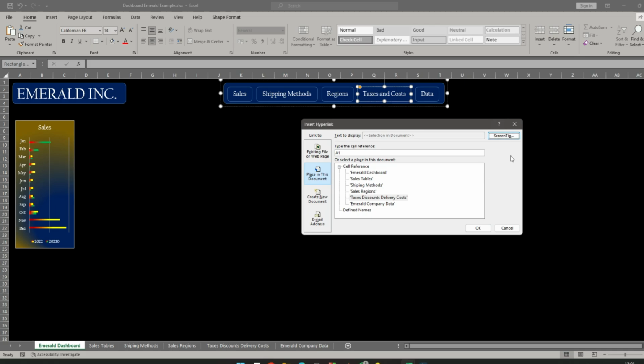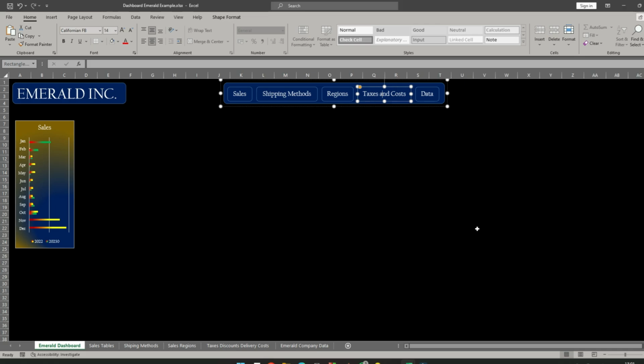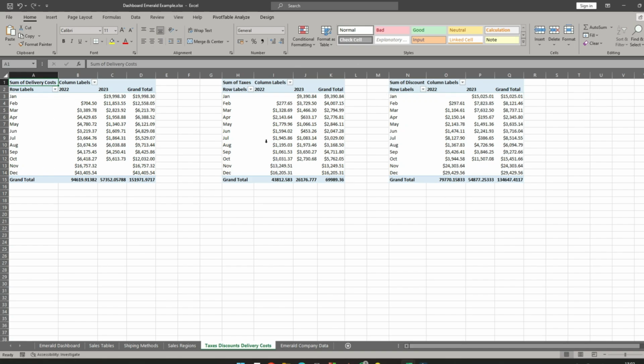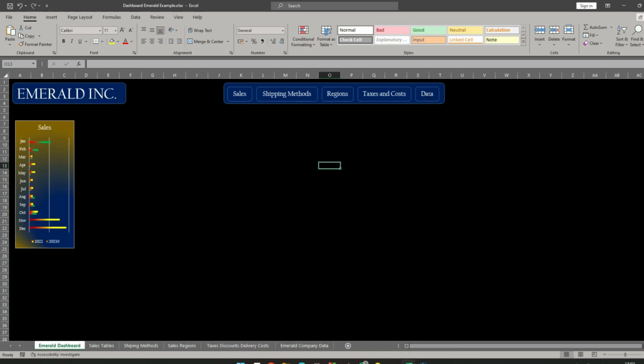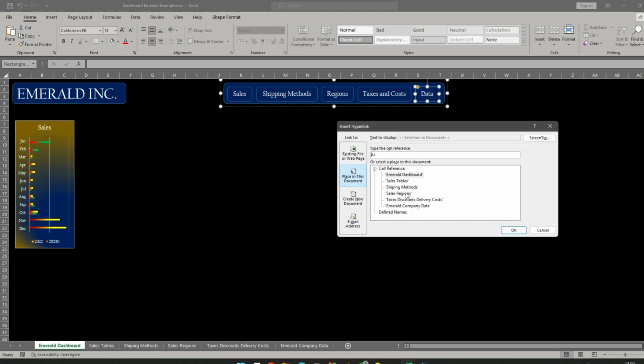Then click OK. Then click OK. So when I click this, it takes me to this table. Next is the company data, or the raw data. So I link and click this, and